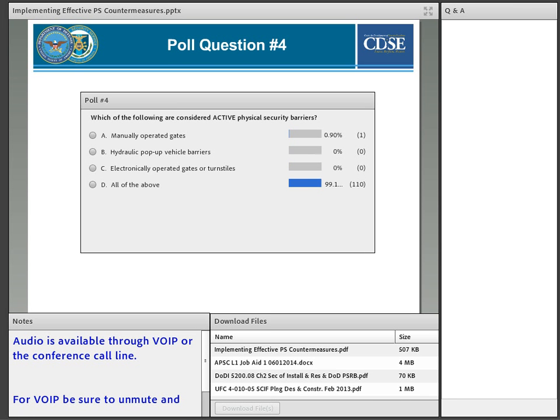Looks like most people are thinking it's all of the above. And I would have to agree with them, Sandy. The correct response is D. All of the above are active barrier systems. Okay, so great job. So moving on, it's time to talk about signage and how important it is to our